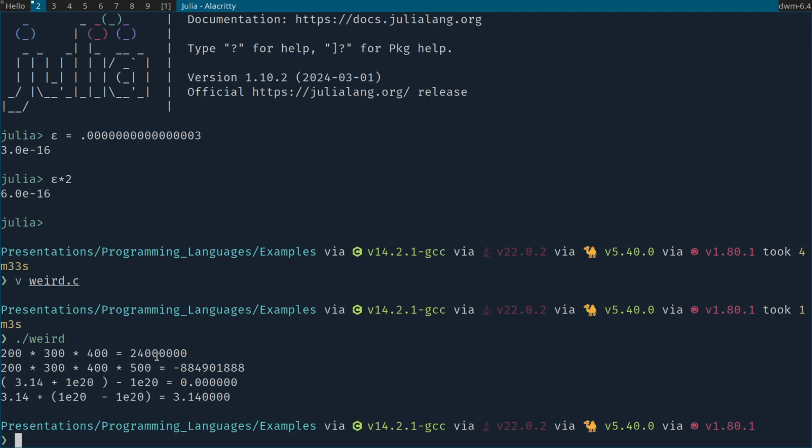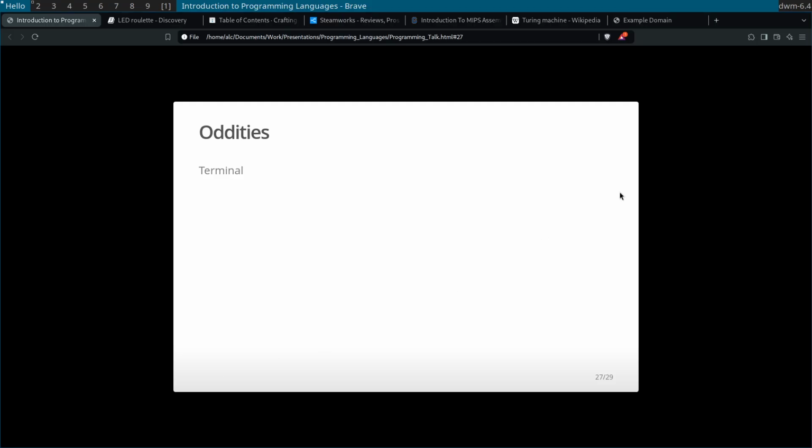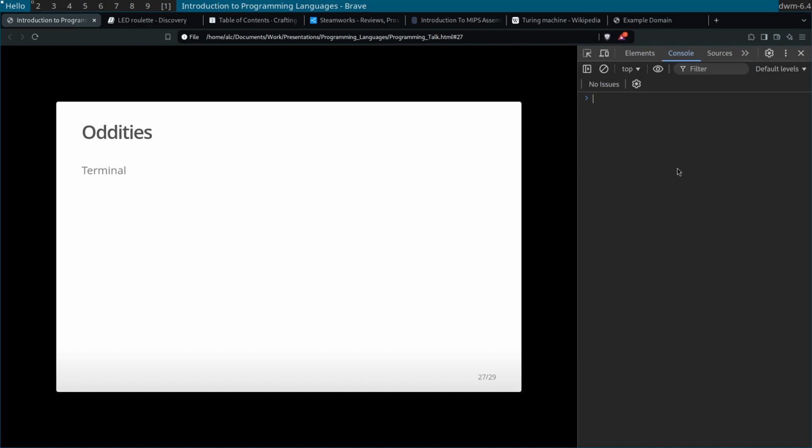In C, all you would be doing here is changing the type of this. This is a little bit more tricky to deal with because you would have to either get a longer type, like a long double or something like that. So it could be a type issue. There's other ways to get around that, but to show you that this isn't just a C problem, if I pull up that good old JavaScript